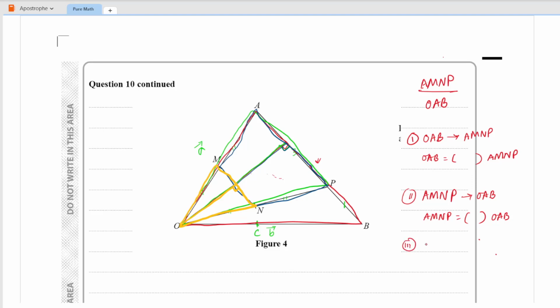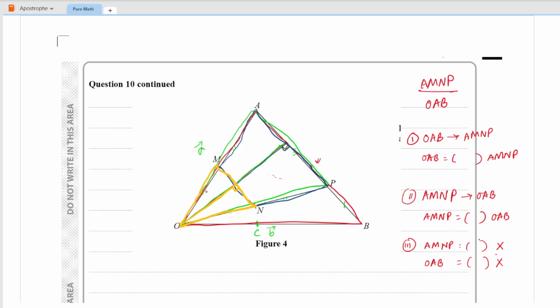And the third option, we write AMNP as a ratio of something else. Similarly, OAB as the ratio of something else, and then we won't have any of them. We will have X in here. Let's say X could be a triangle or a quadrilateral, whatever it is, basically an area. That X gets cancelled and we're left with a numeric value basically. Okay,